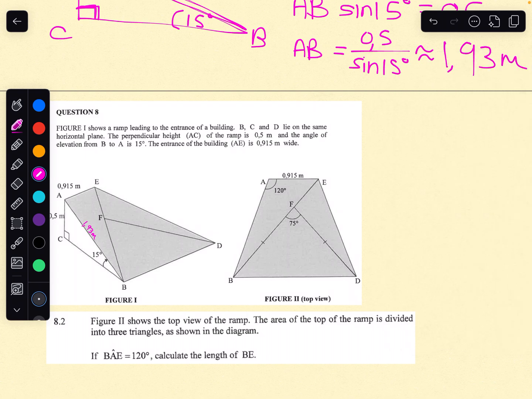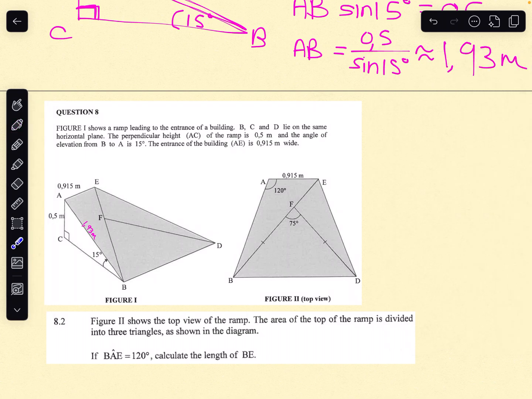Right. So the next question says, figure 2 shows the top view of the ramp. The area of the top of the ramp is divided into 3 triangles as shown in the diagram. So this guy, and that guy. And we know the length of AB, which is 1.93. Fantastic. If BAE is equal to 120 degrees, and we're also given this 75 degrees,